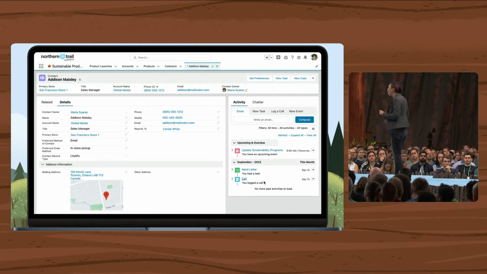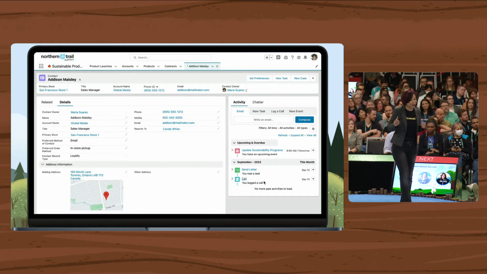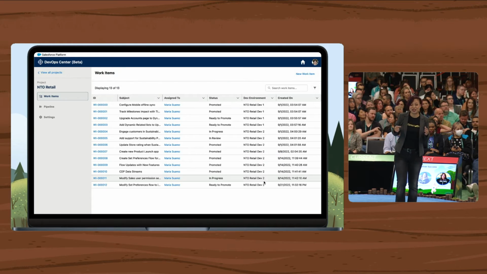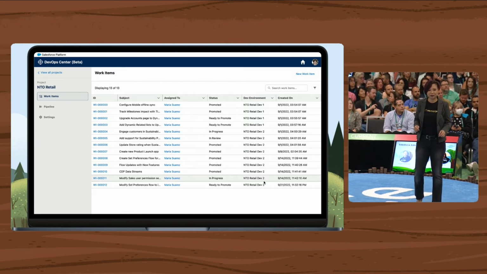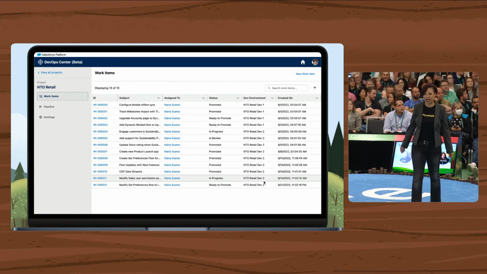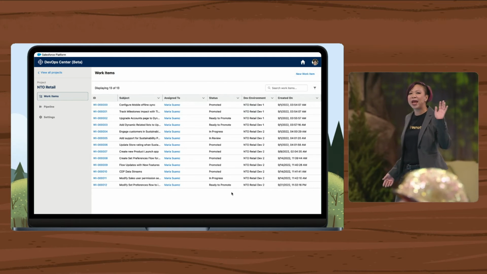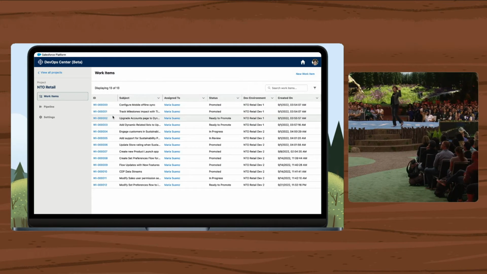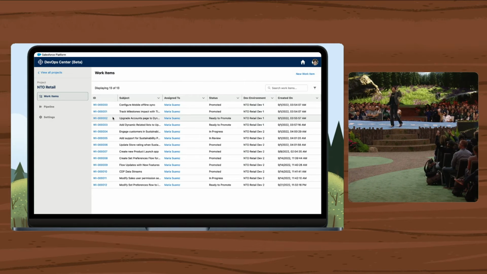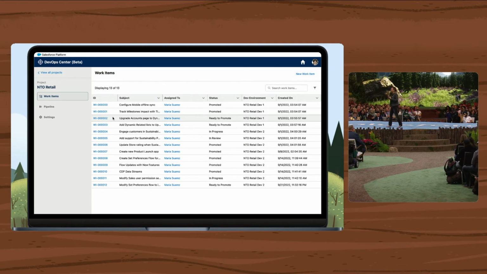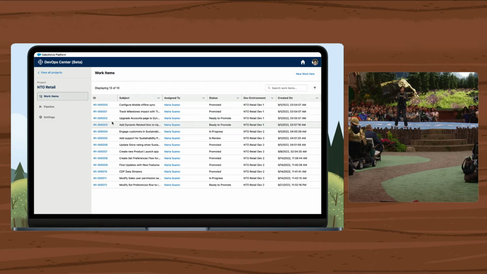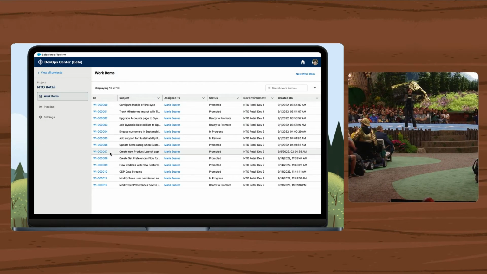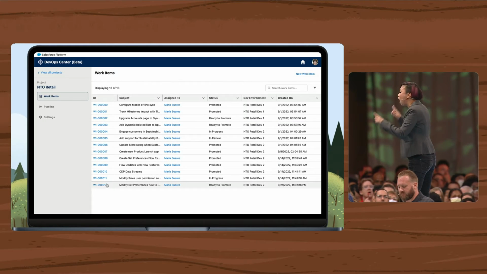Change sets are so yesterday, and Maria wants to modernize how she's doing her deployments. Bye-bye change sets. Hello, DevOps Center. Now, who is tired of manually tracking their changes in sticky notes and spreadsheets? Right, raise your hand, because I'm sick of that. With DevOps Center, all of Maria's changes are tracked for her automatically.